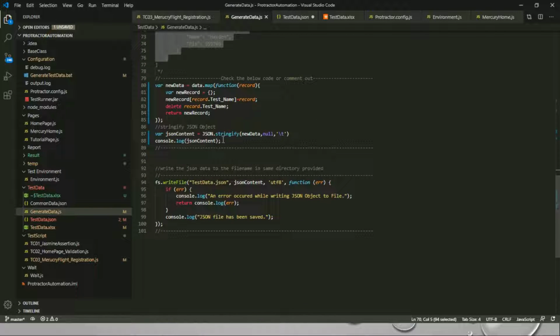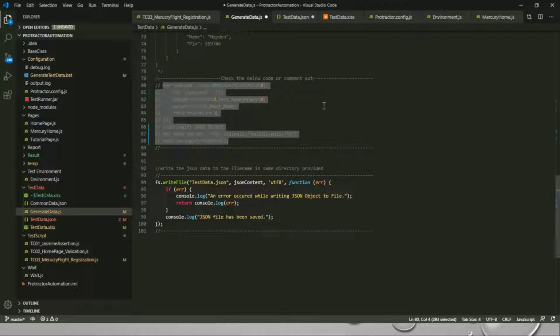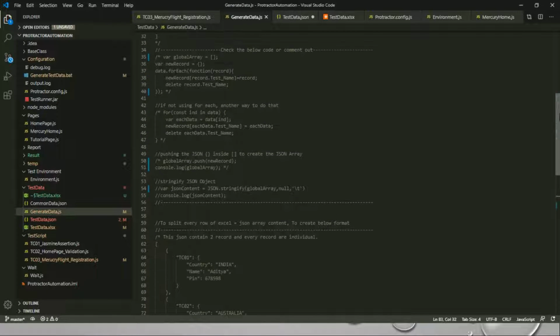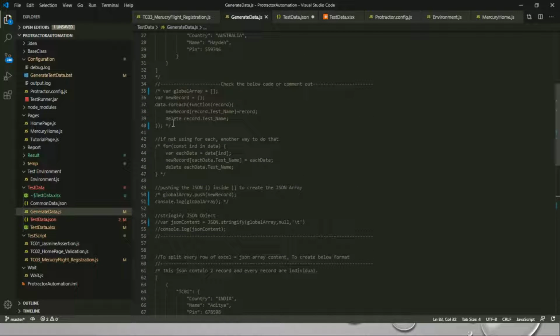Now let me just mark this one, and we'll be using this shortcut, which is Alt Shift A, I guess. Yes, this is Alt Shift A.